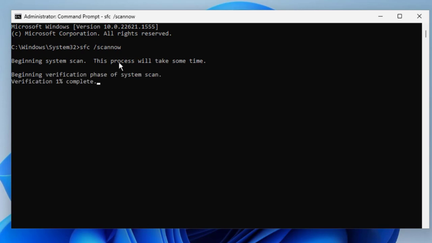The system scan will begin, and this process will take some time. Verification needs to go from 1% to 100%, guys. After finishing this, go and restart your PC. You should be good to go,